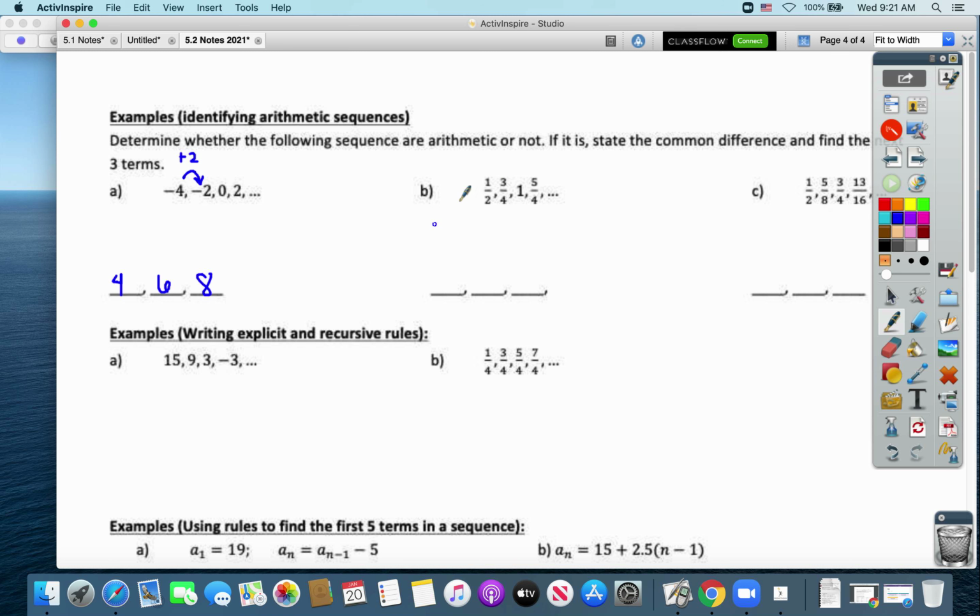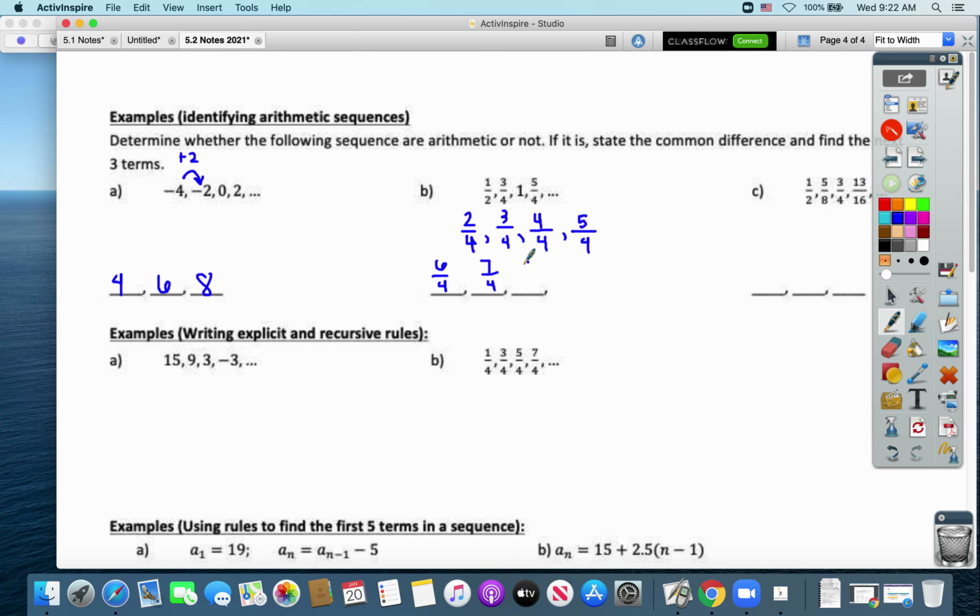And then part B, we have 1/2, 3/4, 1, and 5/4. So this one, it's helpful to get these to a common denominator so we can see it a little bit better. So instead of 1/2, I'm going to write 2/4, and then 3/4, and then I'm going to rewrite 1 as 4/4, and then 5/4. And now it's easy for us to see we are going up by the same amount each time, and that number is 1/4. So if we go up 1/4 from 5/4, we would have 6/4,